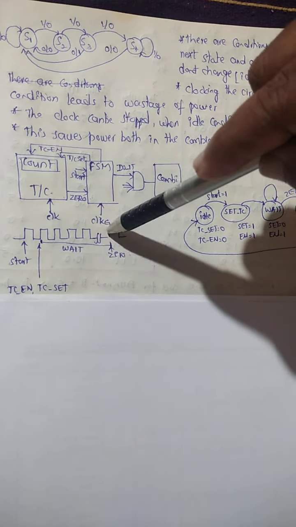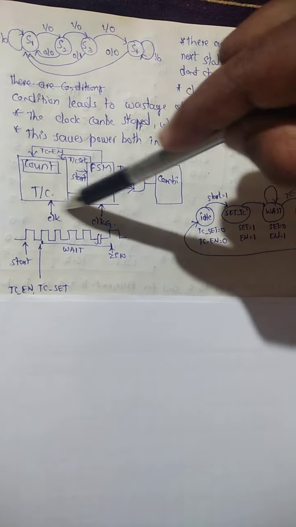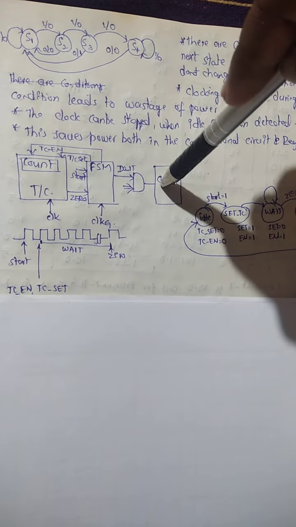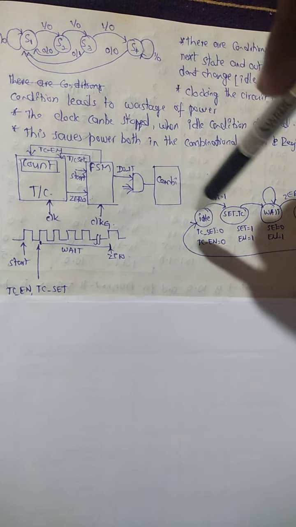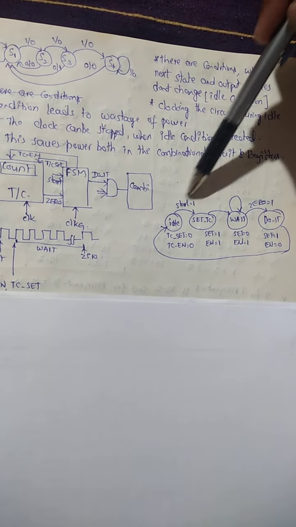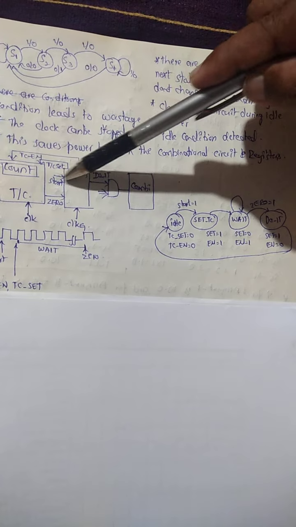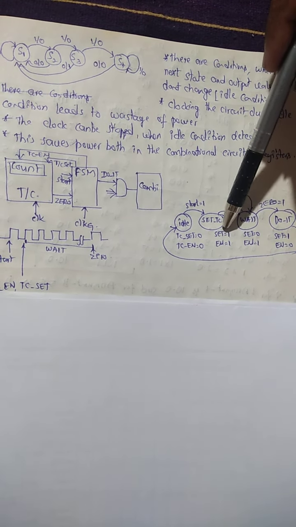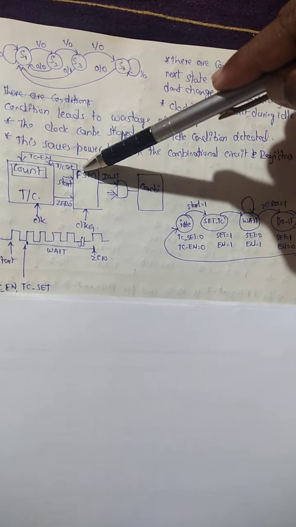So here what we can say is, up to this time the power is supplied to only this particular block, and all these subsystems are under the passive mode. The same thing I have mentioned here using this clocking. First, the whole system is in idle. First I have sent the start as 1. When it is 1, automatically set should be 1 and enable is going to be 1. So these two are sent over here.